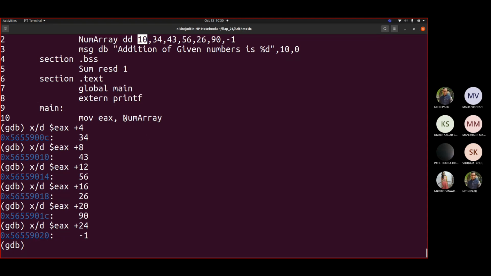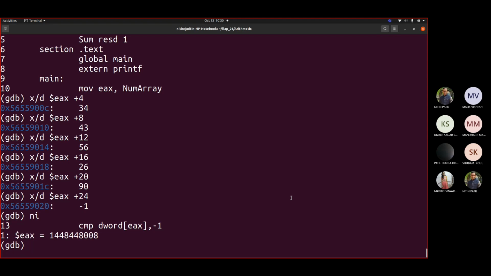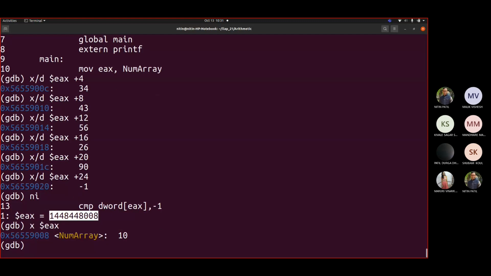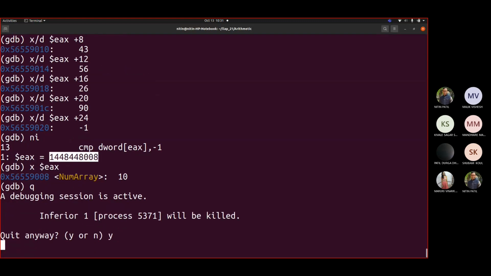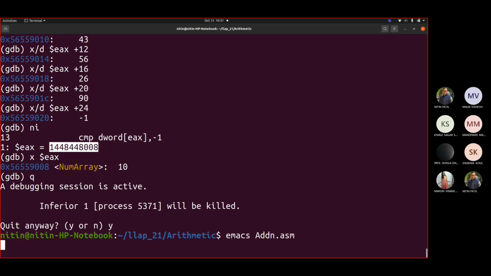That means whenever we are talking about this num array, EAX, if I display the value, the way that I saw, say ni, if I write ni, you will see that it is representing this as an address. This is not a value, it is an address. But if I have to verify the value at that address, then I write examine $eax. Then it tells me this. Fine. So I hope you have now seen what exactly we did in the code.